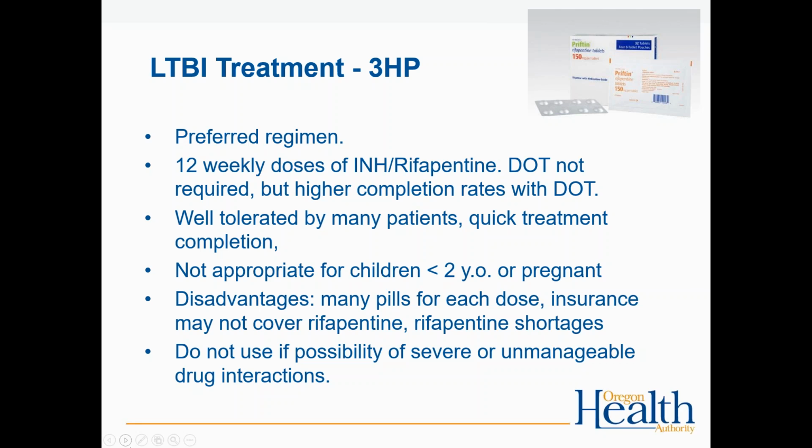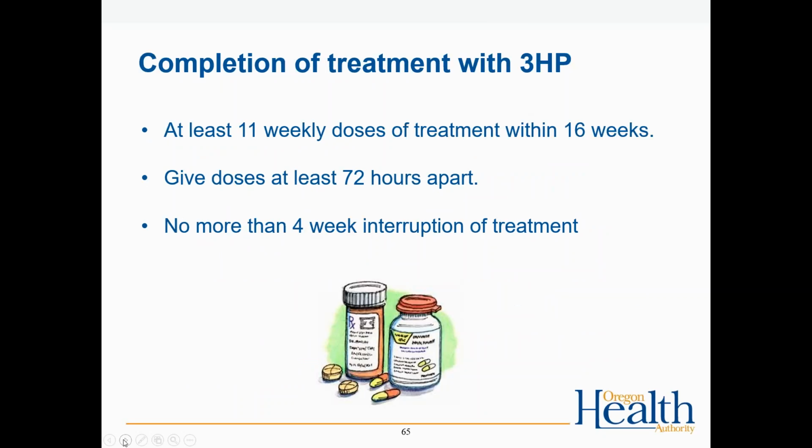Yes, I think some of the problems with the regimen is we've had issues where insurance doesn't cover it, or there are shortages with rifapentine, and also it's a lot of pills for the patient to take. The pill burden is huge. The lady today was 12 pills, so she was not that psyched about that. She didn't want to choke them all down. Yeah, I guess it was 9 pills: 3 INH and 6 rifapentine, plus a vitamin B. So, yeah, it's a lot.